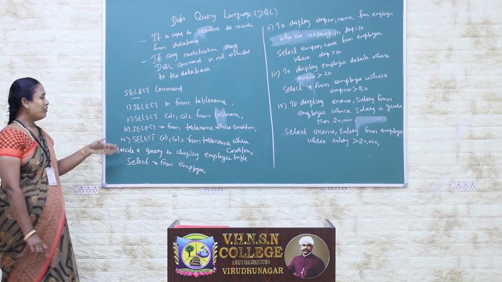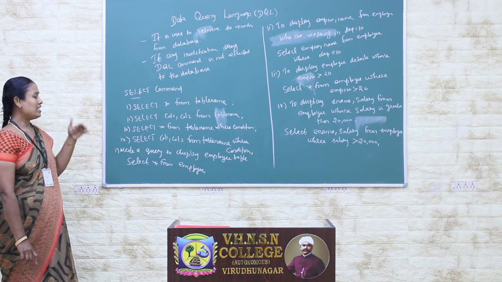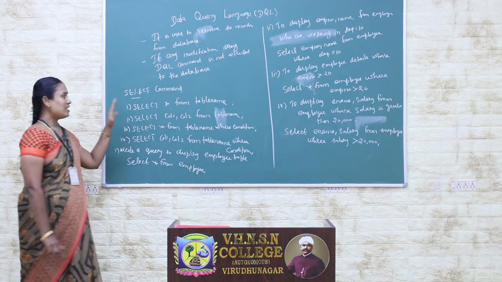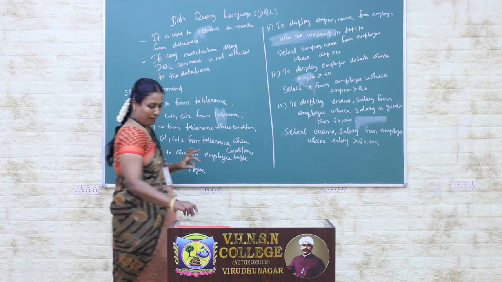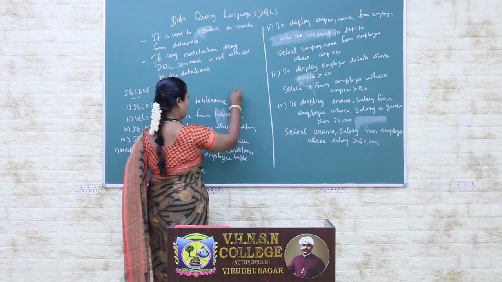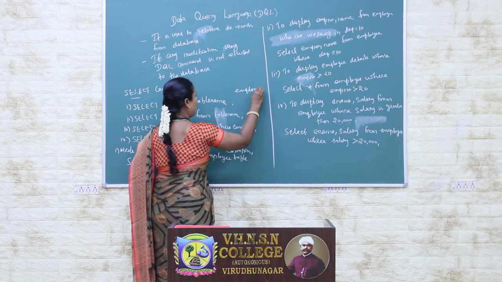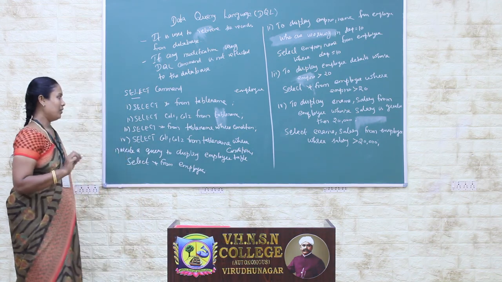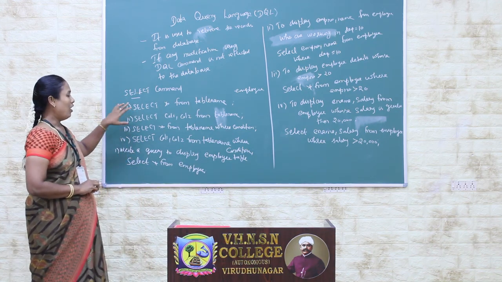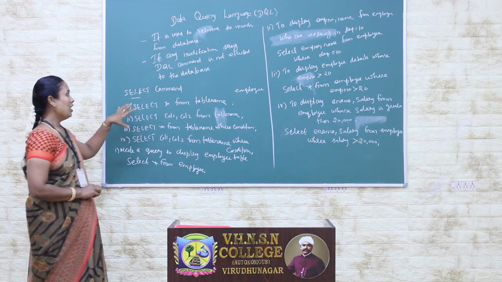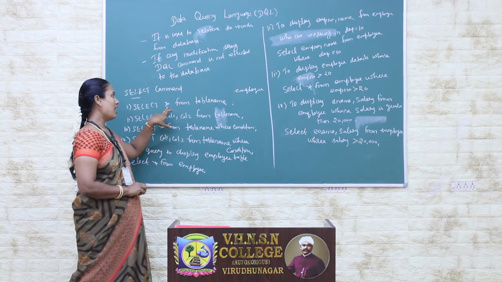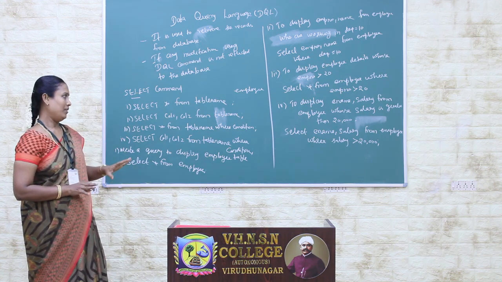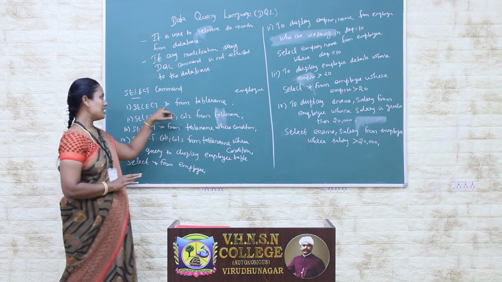Here there are 4 ways of using the SELECT command. We can see them one by one. First one, SELECT * FROM table_name. For example, I can choose employee as a table name. In this employee table, I can have many records along with the fields. So how will the first query be executed? SELECT, I mention star. Star means all the fields of the table will be displayed.